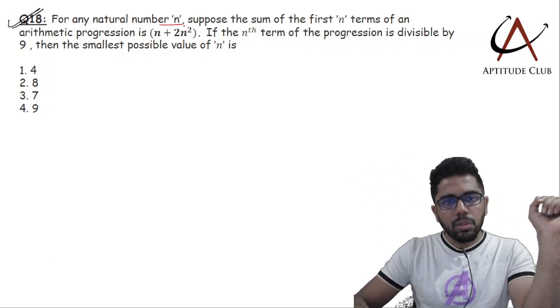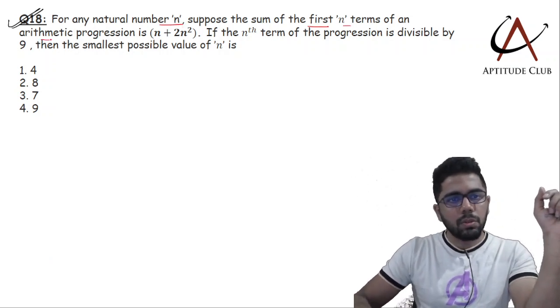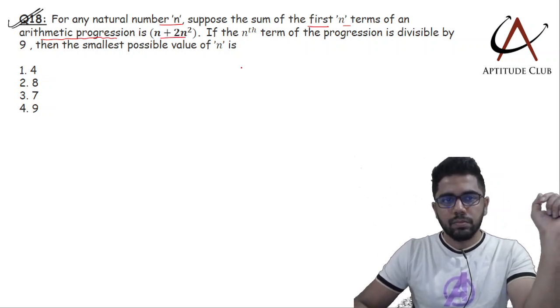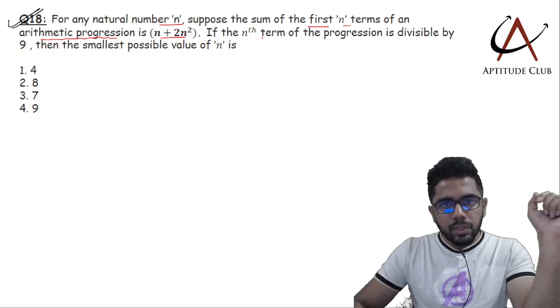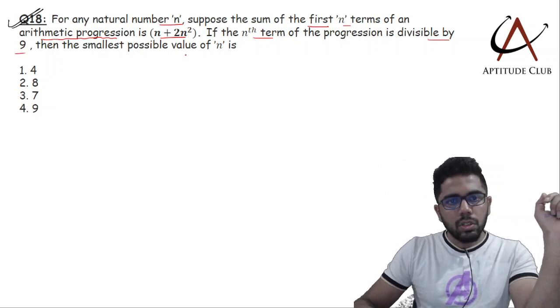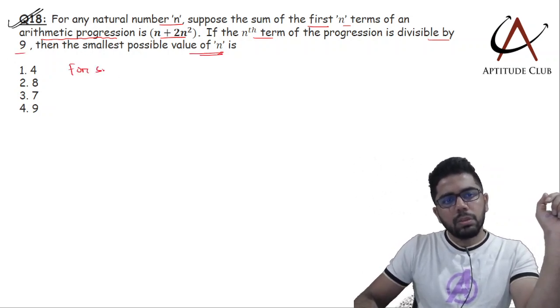For any natural number n, suppose the sum of the first n terms of an arithmetic progression is n square plus 2n. If the nth term of the progression is divisible by 9, then the smallest possible value of n is. So for smallest possible value of n,